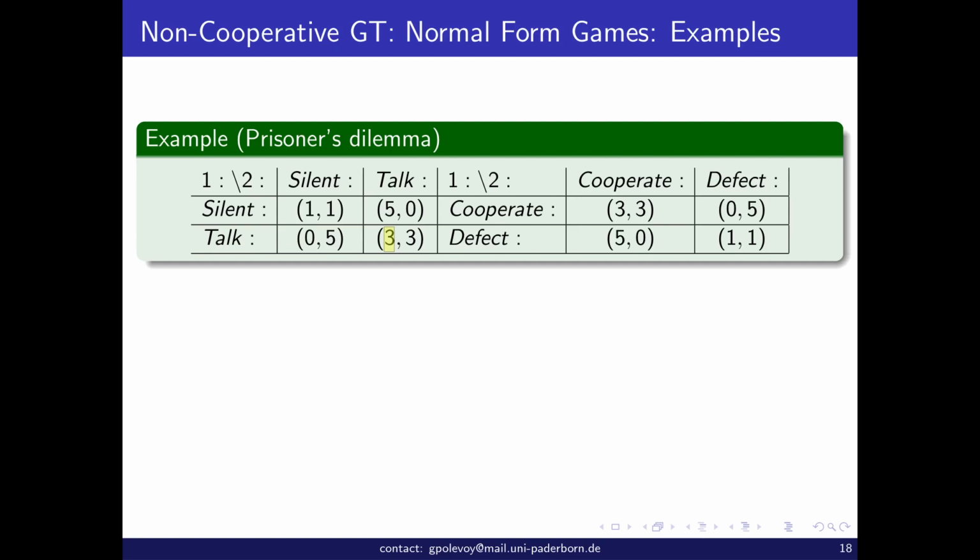So it's reasonable to assume that I will talk regardless of what the other person does, regardless of what they do. I don't assume I know; I assume they can all give their strategies independently. But it's always better for me to talk. And the same for the other guy. So eventually we are both probably going to talk and get 3 years in prison.